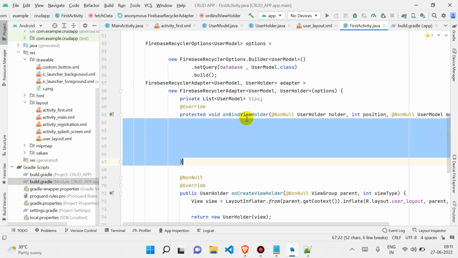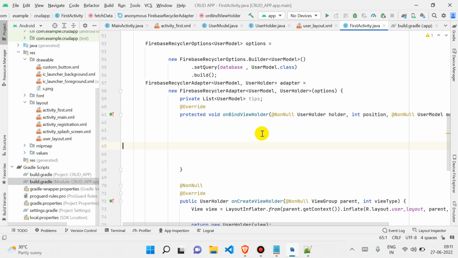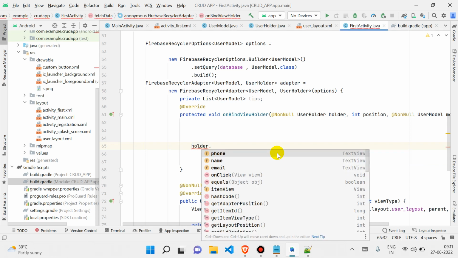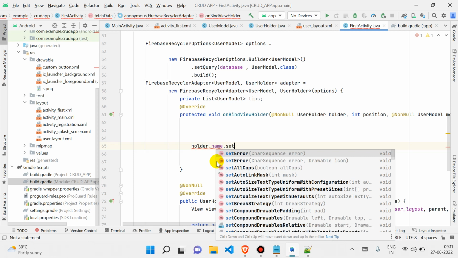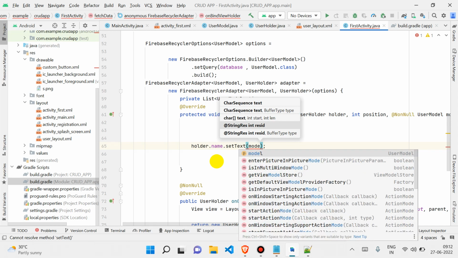So on bind view holder, it will bind the view with our model. Let's write it better. So holder dot, what does our holder contain? We have created one text view as name. So holder dot name, and I'm putting dot set text here. It will set the text over there. And what text we want? Whatever data we are getting from our model class. So model